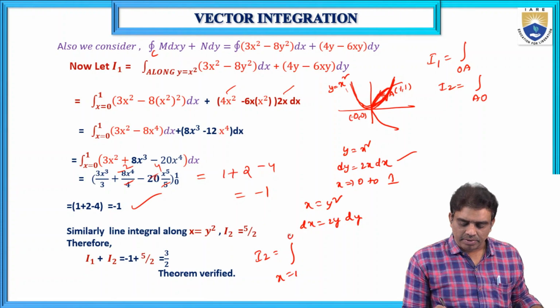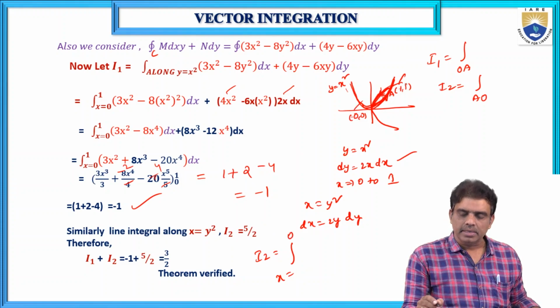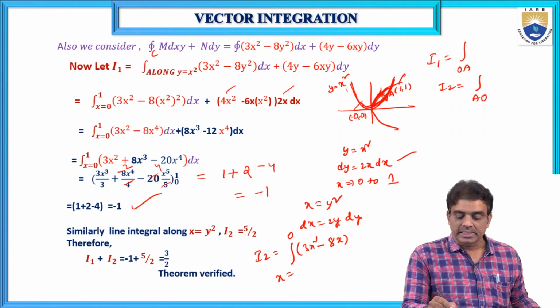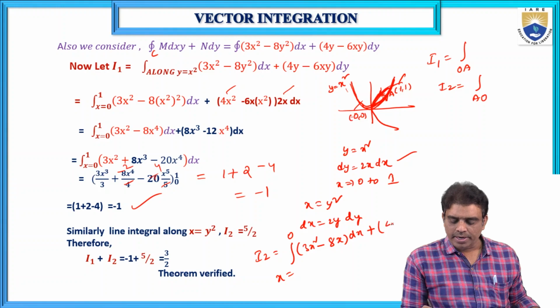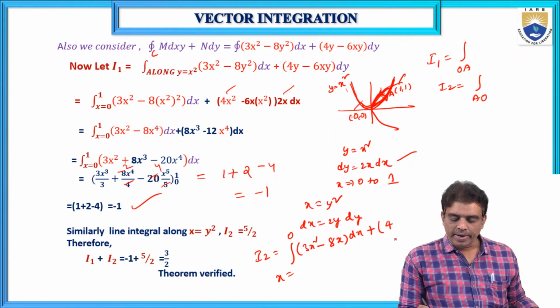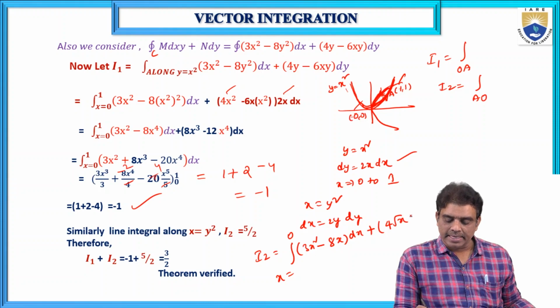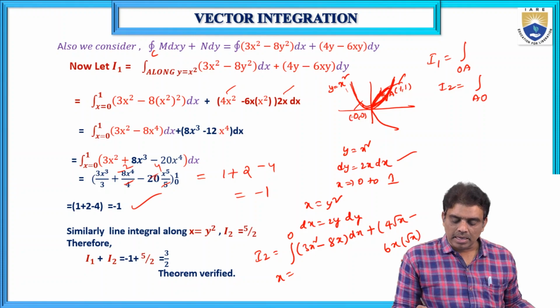Here you can see that 1 to 0, direction is also important, 1 to 0, function 3x square minus 8 into y square means x, dx as it is, plus 4 into y means root x, y square is equal to x, y is equal to root x, minus 6x into y means again root x,